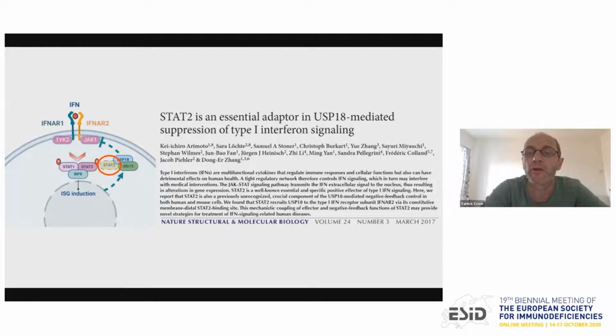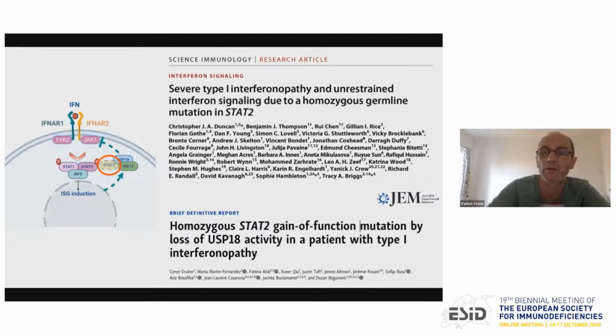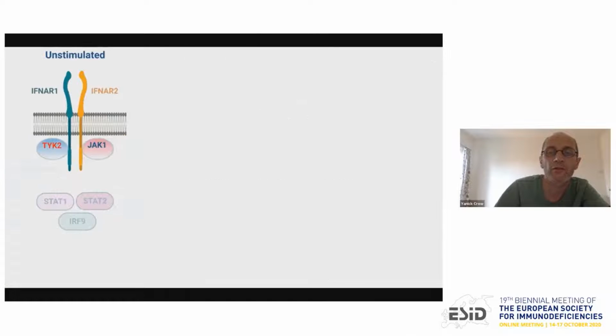because there was this lovely paper published in 2017 showing that actually STAT2 has, as well as its day job, so to speak, a second function, and that function relates to the negative feedback cycle, and through an interaction with USP18, and then with the interferon receptor per se. So two wonderful papers from Chris Duncan, Tracy Briggs, and Sophie Hamilton, and Dusan, and I'm sure he'll talk about these further, showing that STAT2 has this very interesting function,